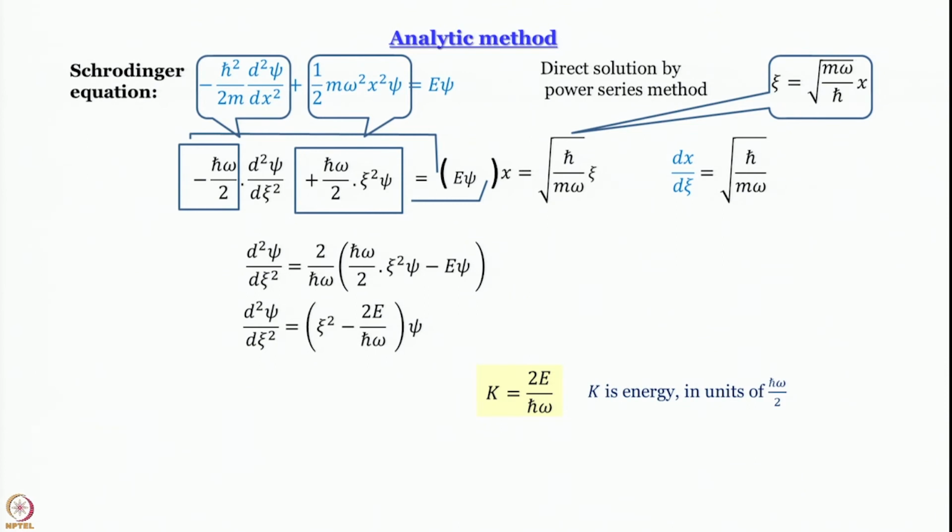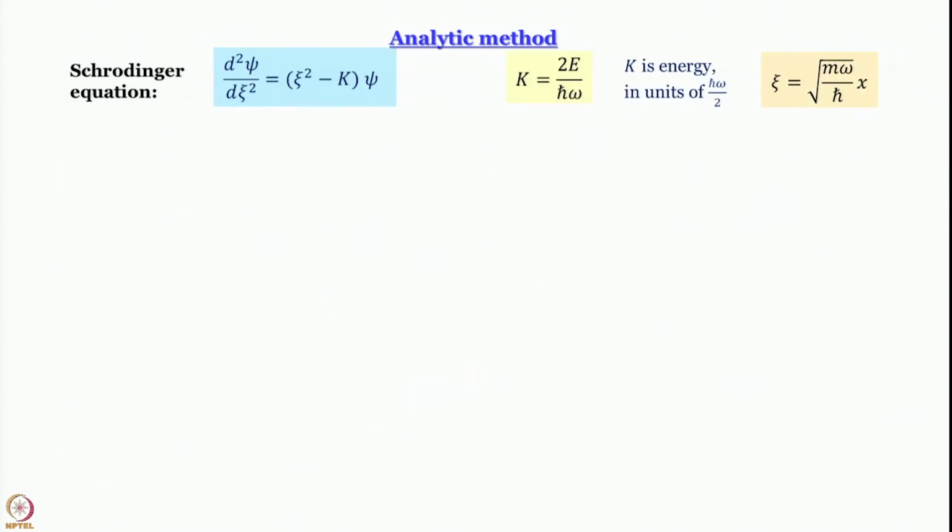So, the differential equation we get finally is d2 psi d xi 2 is equal to xi square minus k multiplied by psi. What is the next step? The next step obviously is to try to solve it. But let us tidy up our board a little bit. This is what we are saying. We have rewritten Schrodinger equation in terms of xi square and k, where k is 2E by h cross omega